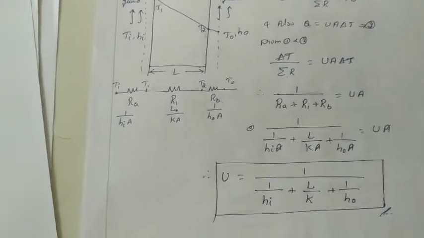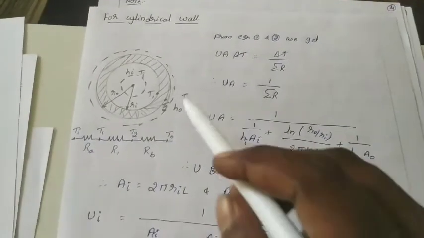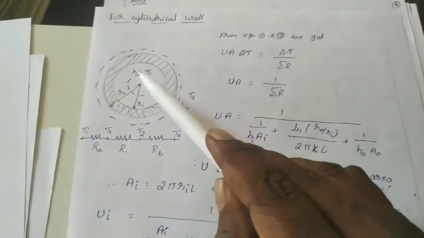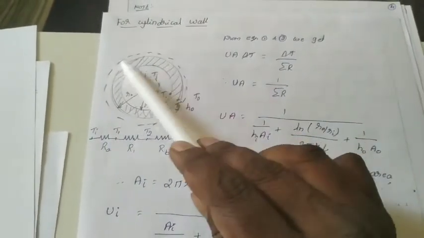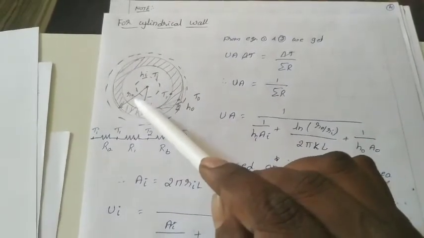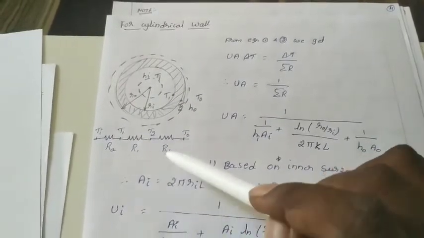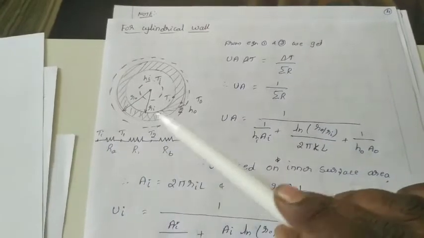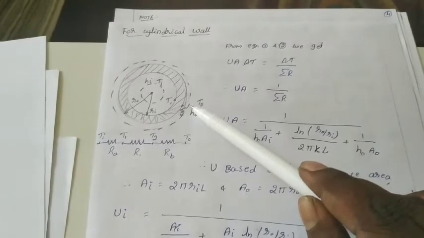Okay. So let us consider the case for the cylinder wall. Look here, this is the hollow cylinder. Inside that one fluid flows, and outside another fluid flows, having an inner radius of Ri and outer radius of R0. Let us consider this also contains the same 3 resistances, and let us consider T1 and T2. This is equal to T1 and this is equal to T2, and this is equal to T0 and this is equal to Ti.